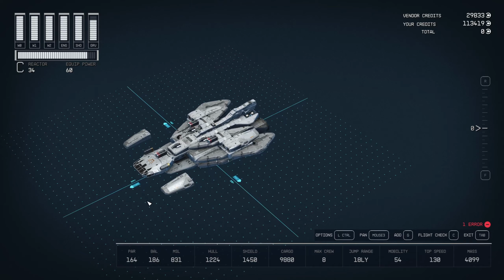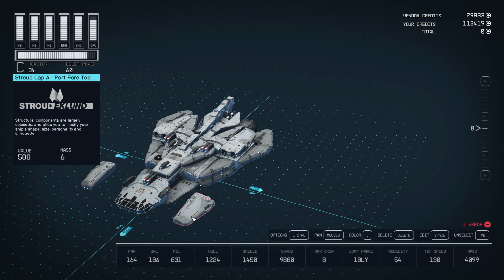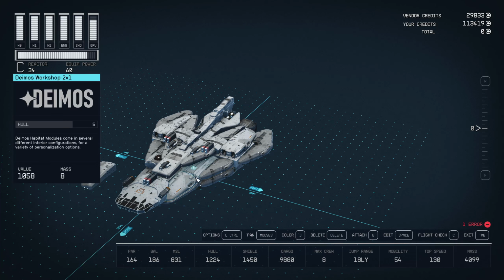Okay, so for clipping, this is the hardest part of this whole build. You're going to grab this, you're going to flip it upside down. You're going to slide it over here to where you want it. Now that it's in place upside down, you flip it to where it needs to be. 1, 2, 3. Let go of your mouse button, press escape, and now it's clipped on, it's attached, but